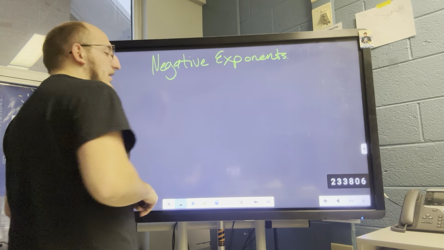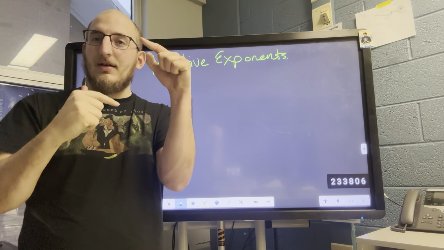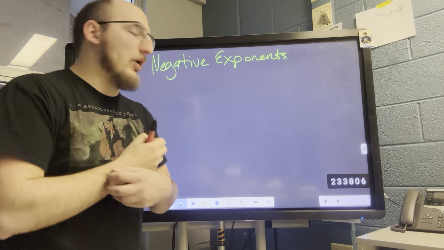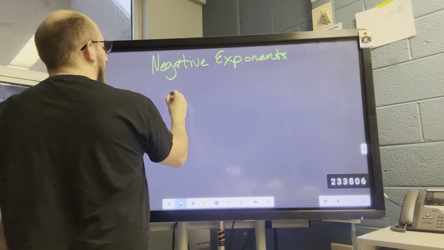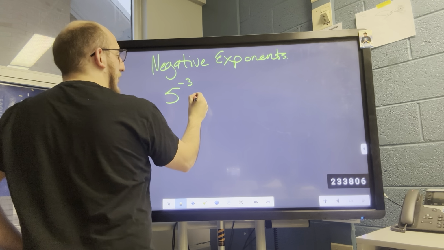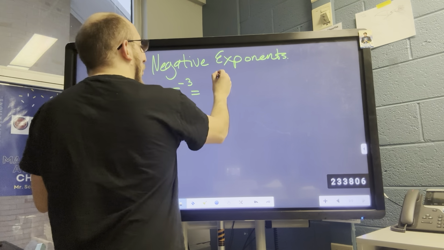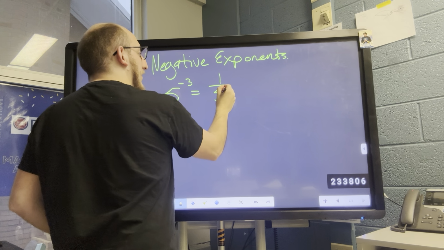Negative exponents. If we have a negative exponent, what it does is it flips in the fraction, no matter what. So let's get a few examples. If I had 5 to the negative third power, that is going to be the same as 1 over 5